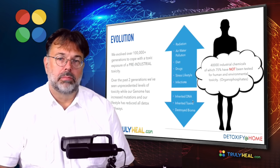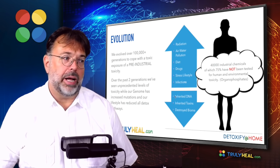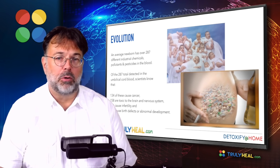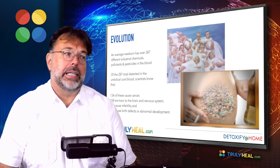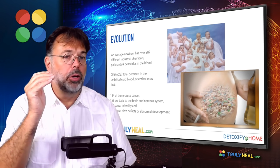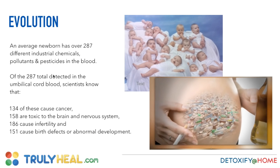Now, all of this is supported by an incredible load of toxins, 40,000 industrial chemicals, of which 75% have not been tested for human and environmental toxicity. Now, when you think about that alone, and then the interaction of all the different toxins, it's quite ridiculous what we have. And you see that in studies that we should be really grateful for, like the Environmental Working Group, Ken Cook. They did a study on 10 Americans right after birth, freshborn babies, cut the umbilical cord, and then took the toxins out of the blood and tested for 500 toxins. And the result then shows